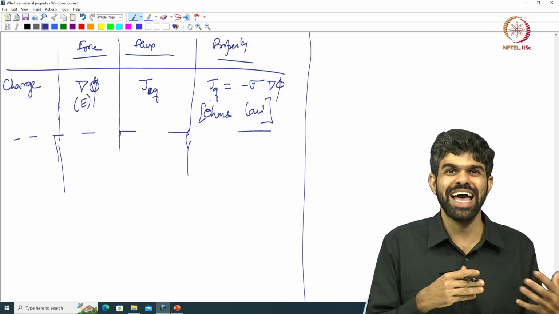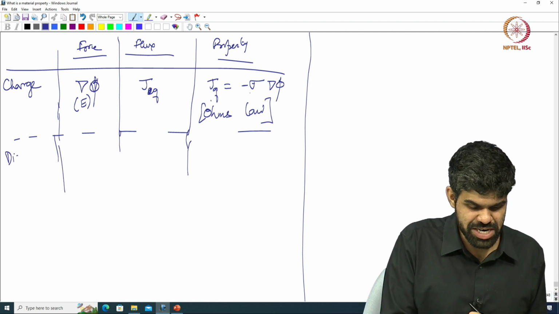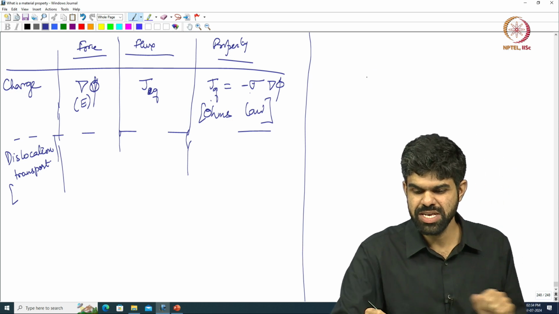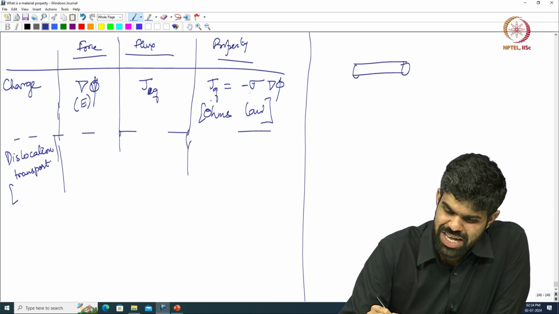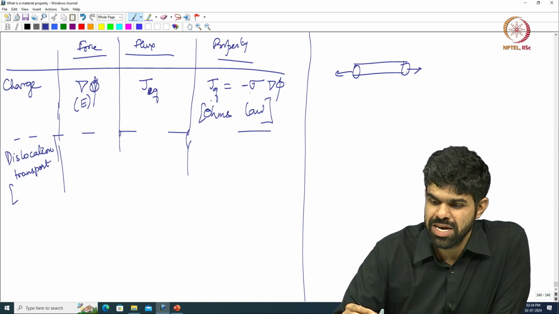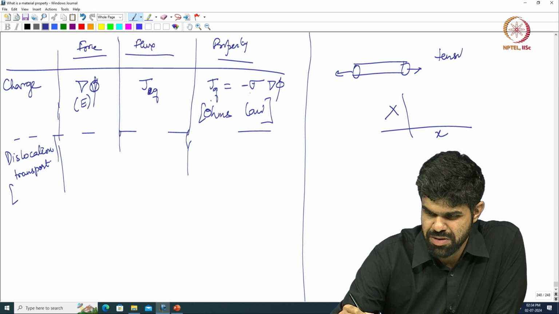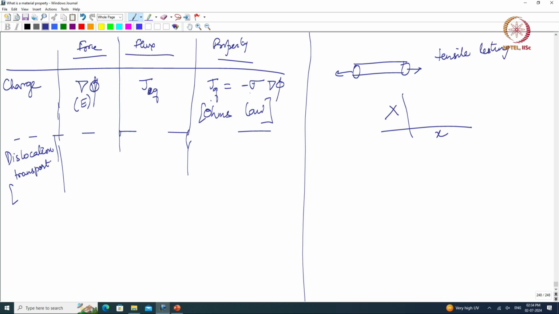Okay. Now, let us look at something else, right. So, let us put in a mechanical element to this, and let us look at dislocation transport. Now, what is dislocation transport? So, in general, so in any sort of mechanical system, if I stretch, I told you that if I plot stress versus strain, right. So, in a tensile testing experiment. So, first I have a linear regime. So, this will just expand, right. So, I am just straining the material. So, this will expand, but this is very linear. So, this is called elastic region,